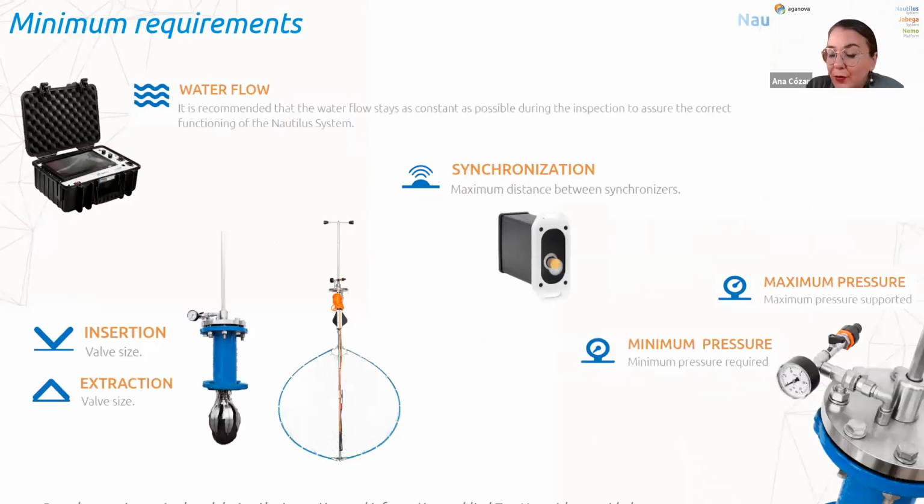In order to perform a Nautilus inspection, we have to take into consideration a few elements. First of all, the water speed, the water flow. The minimum speed we need to be able to perform an inspection is 0.2 meters per second. The maximum velocity will depend on the pipeline diameter. Synchronizers. We need to locate synchronizers every 700 meters, but it is normally not a problem because we can locate